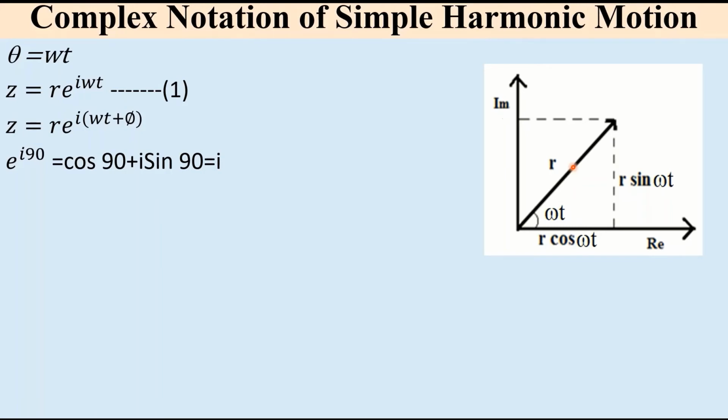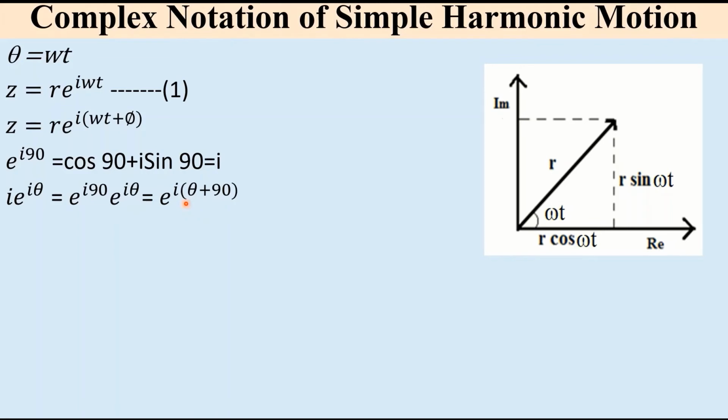That is, if we multiply a complex number by i, then i into e to the power i theta, so this is equal to e to the power i 90 into e to the power i theta, so that is equal to e to the power i into theta plus 90. So that means the multiplication by i rotates z in anti-clockwise direction by 90 degrees. Thus the theta becomes theta plus 90.